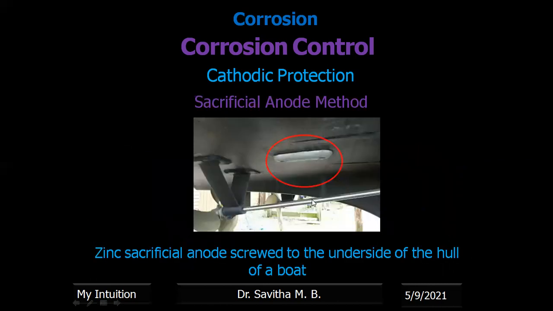Then we have discussed waterline corrosion, in ships which are half immersed, sailing on the water. Half the part will be below the water line and exposed to less oxygen. Therefore, that part will undergo corrosion. When it undergoes corrosion, what we can do is keep some blocks, generally zinc, in the lower part of the hull of a boat. So until this zinc block is there, zinc will undergo corrosion. So the main body of the ship or boat will not undergo any corrosion because it is the cathode.